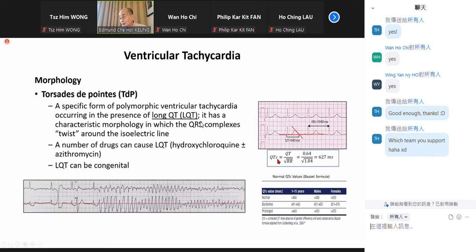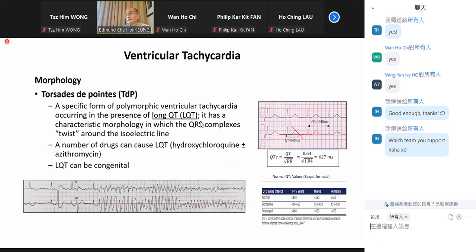Now, so I also include the measurement of the QT interval. Okay, and also how to correct for the heart rate. Okay, so QTc is QT divided by the square root of RR. Okay, when you have atrial fibrillation, it's a little more complicated. Okay? So after correction, there are different formulas. The normal QTc interval is less than 450. Okay, around that. Okay, now, but usually we don't panic until the QT, whether QTc or QT, becomes 500 or